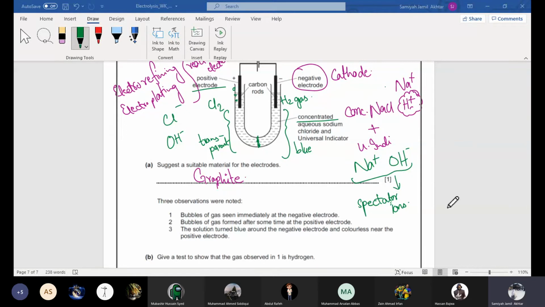You can see in your book, I opened this page, page 110 of your book. There is this diagram and there is a diaphragm in the middle, the membrane, which I explained to you. This membrane allows only sodium ions to pass through it. So sodium ions will pass and there is OH already present, so it will form sodium hydroxide at the cathode side.